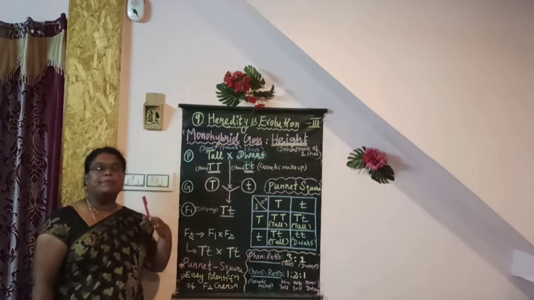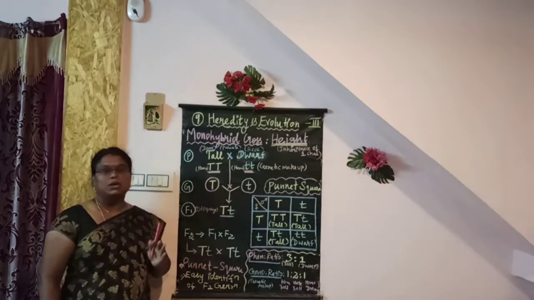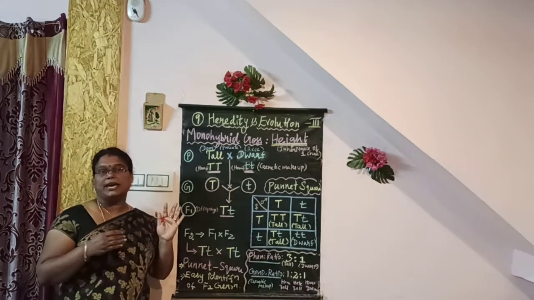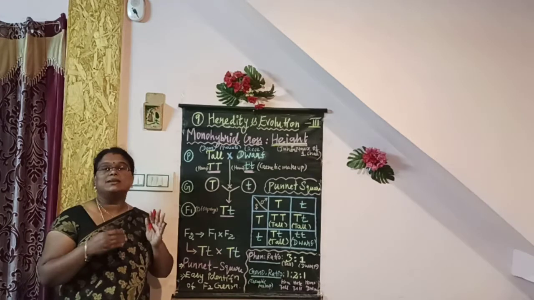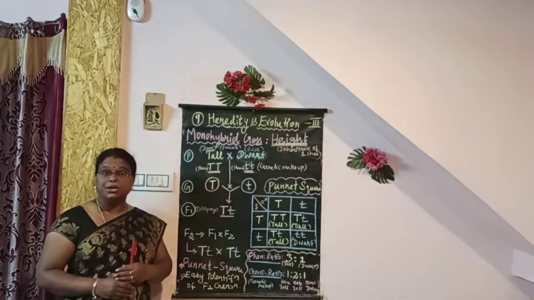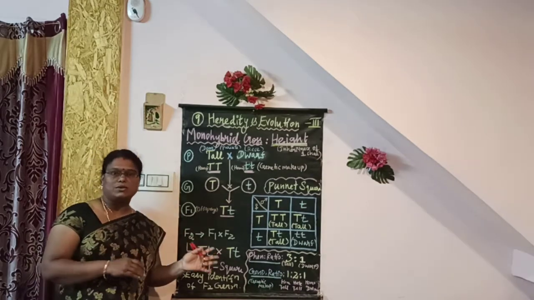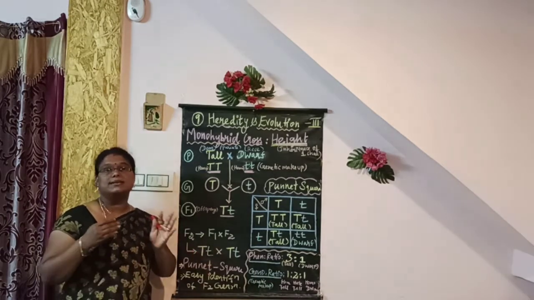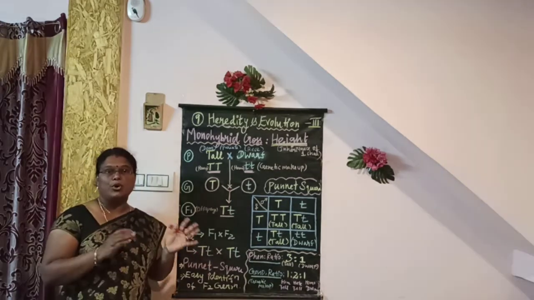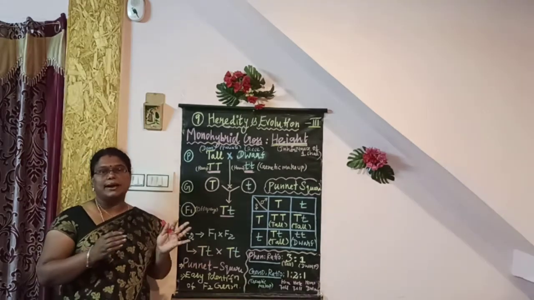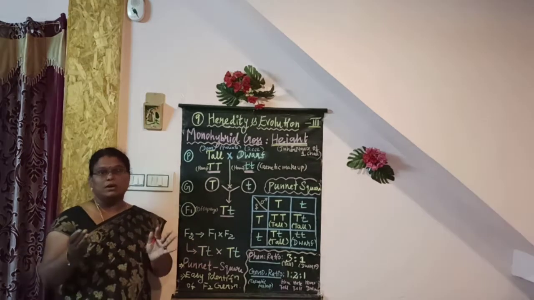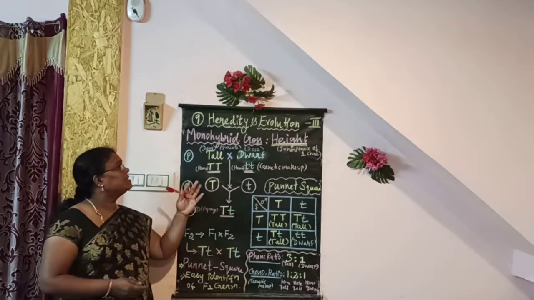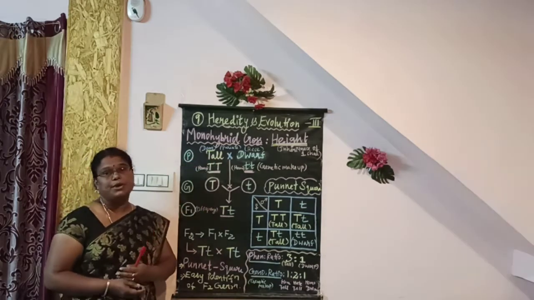And students, in the previous video, part 2, we saw many things about Mendel's experiment on inheritance, that is, what is inheritance, who is Gregor Johann Mendel, what is called dominant and recessive trait, what is called homozygous and heterozygous trait, monohybrid and dihybrid cross, and the laws of Mendel. And in this part we are going to see the monohybrid cross.